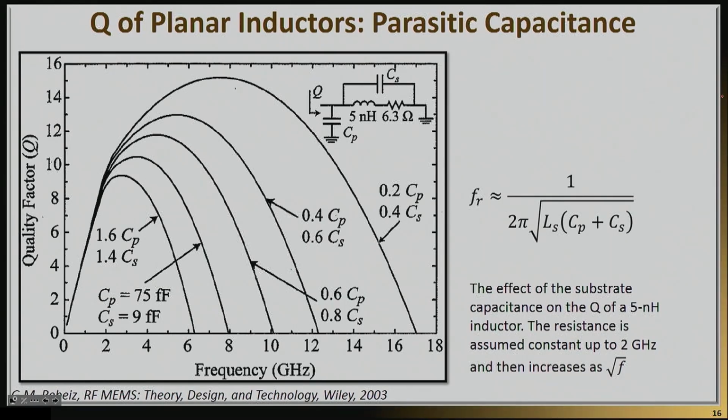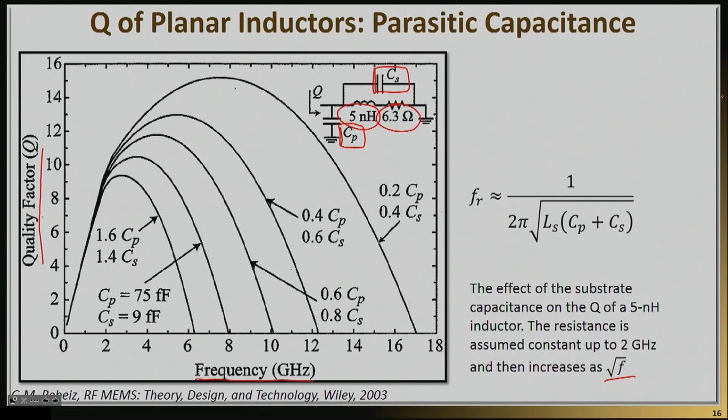It's a 5 nanohenry device. It has an assumed series resistance of 6.3 ohms, which in this model is assumed to be constant up to 2 gigahertz, and then it increases as the square root of the frequency. And then it has a parasitic capacitance of the substrate, given as Cp, and a parasitic capacitance between its turns, given as Cs. So what those lines really give you is the quality factor of this inductor as a function